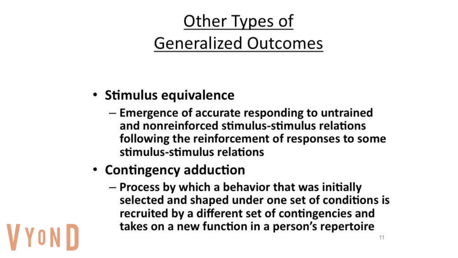I struggled with finding examples of these, but one example might be if you've watched Karate Kid, where they do wax on, wax off. Initially, wax on, wax off is part of the training to work on his concentration or fighting skills or whatever. Contingency adduction would be taking that same type of behavior and then using it in a different setting